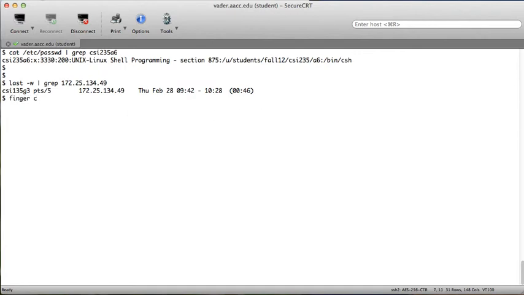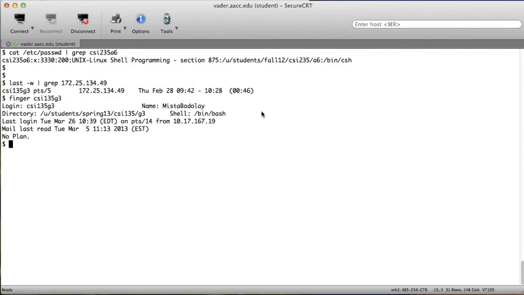And let's see if we can get any additional information about user 135G3. And it's Mr. Beaudelet. So there you go. Okay, that was the answer to number 8, CSI 135G3. Question number 9. There is a file named question located in the following directory: